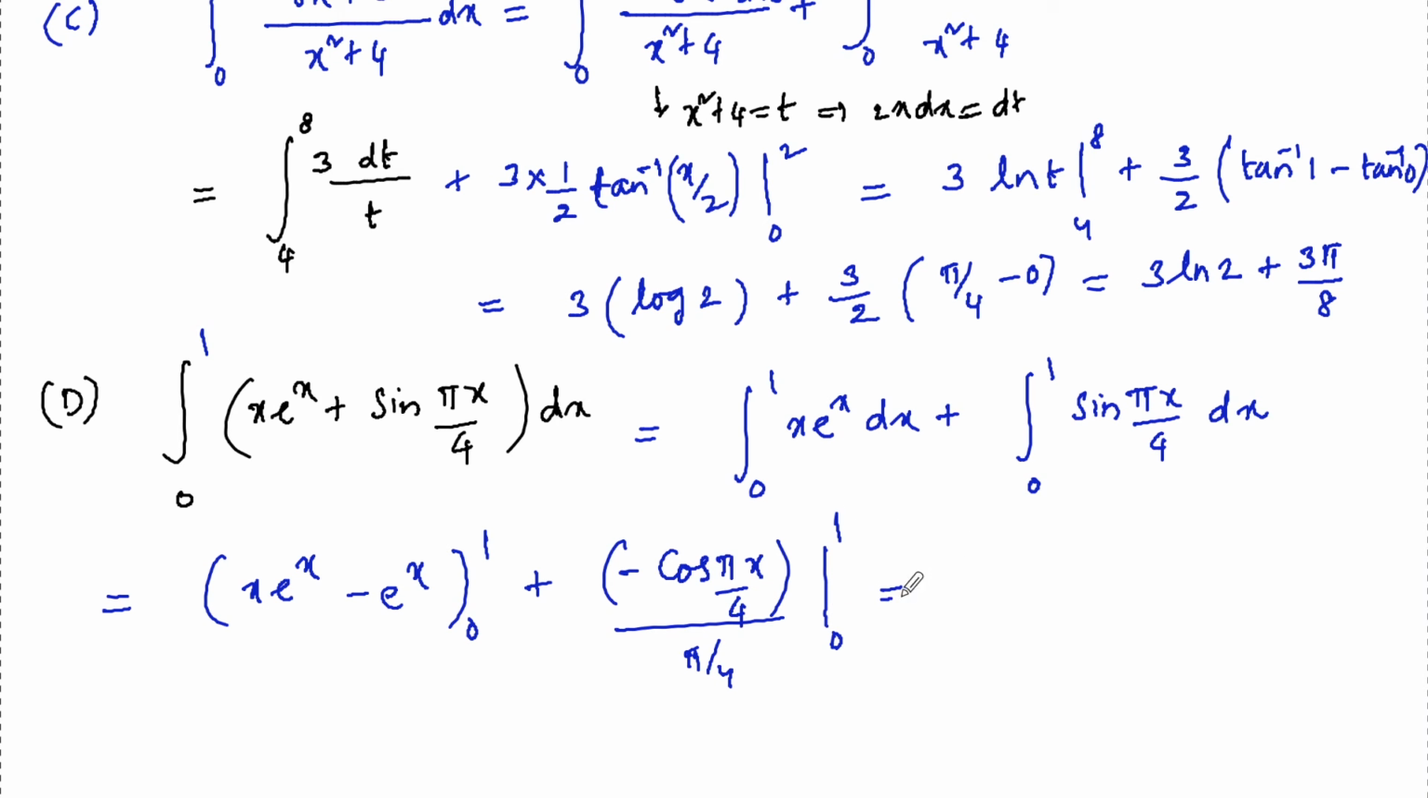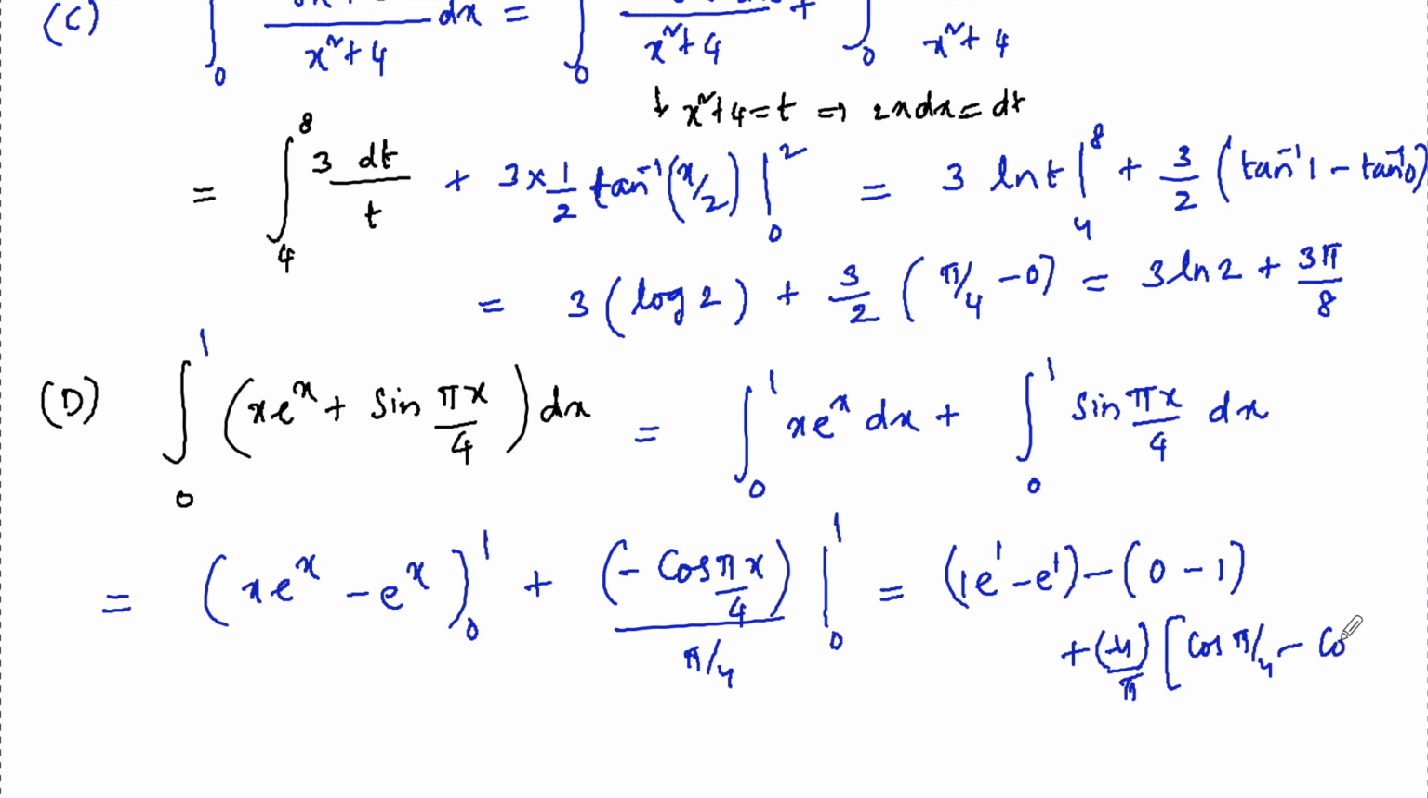from 0 to 1, which is equal to, so applying the limits here, 1 into e power 1 minus e power 1 minus 0 into e power 0 minus e power 0 is 1, and again plus here, minus 4 by pi times of cos pi by 4 minus cos 0,